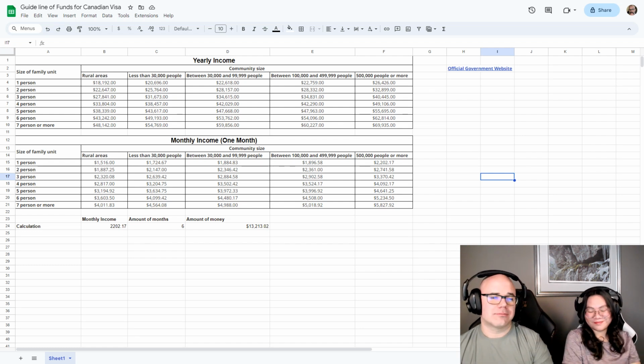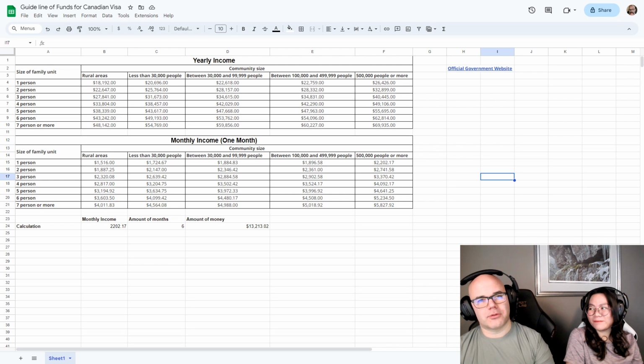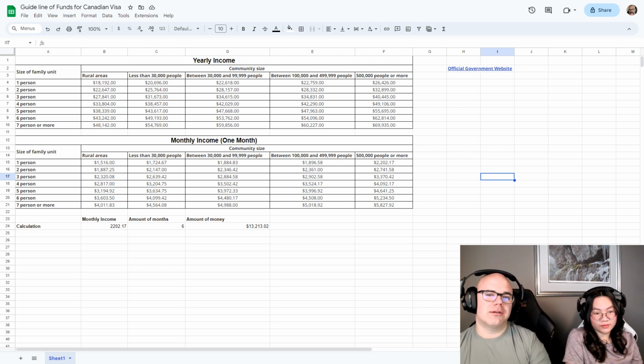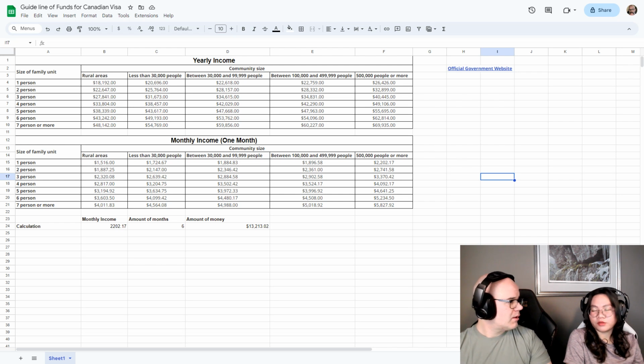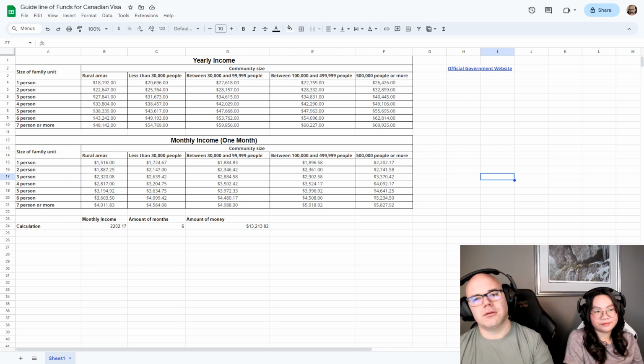And Sean, and today we're going to be walking through the funds you will need or should show when you're applying for a Canadian visa. So we'll talk about tourist visa, self-funded and sponsored, and then as well a student visa. Okay. So what we've done here is we put together a sheet,